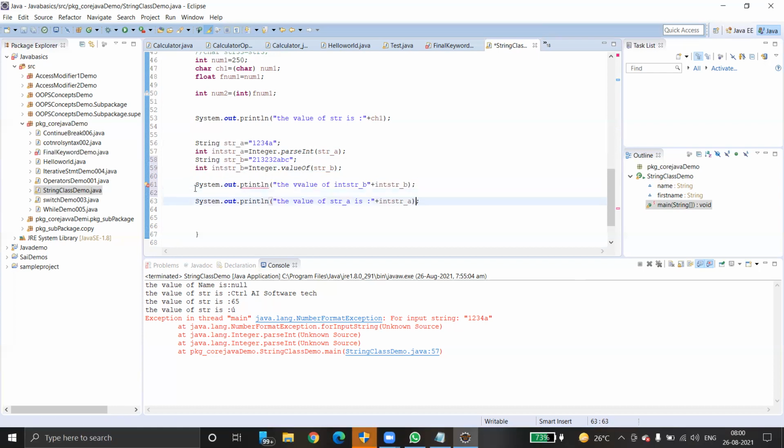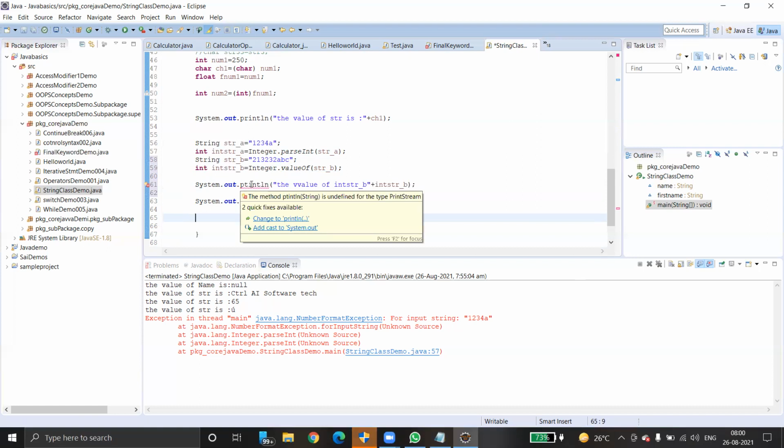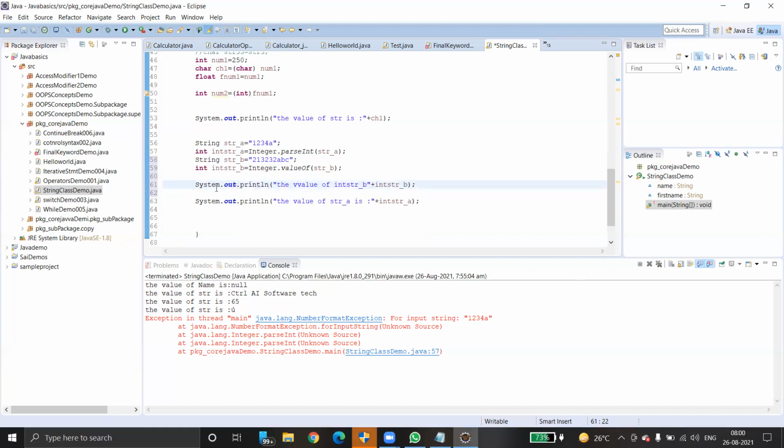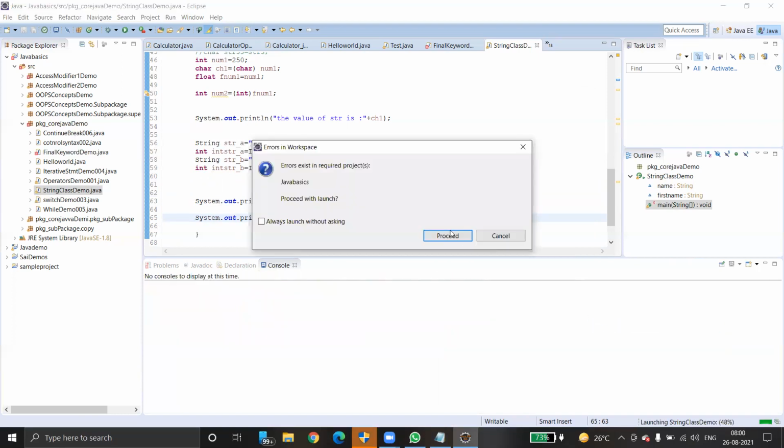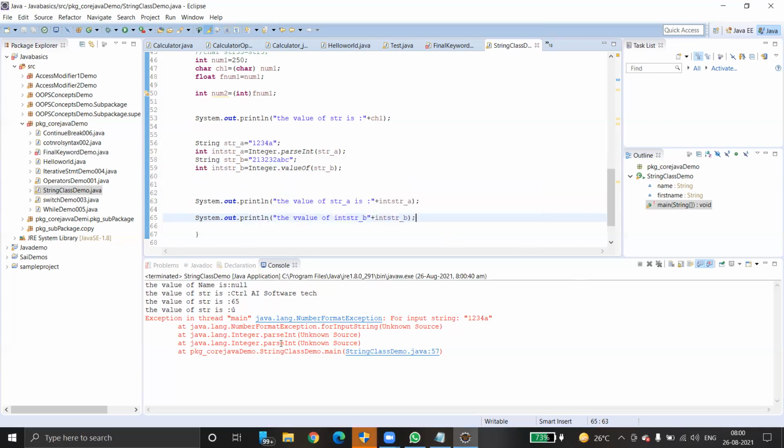Look at here, println. Control C, control X, control C. Just right click, run as. I will comment this one also. Control S. Otherwise, I don't know how to comment. I'll remove this. Control S.